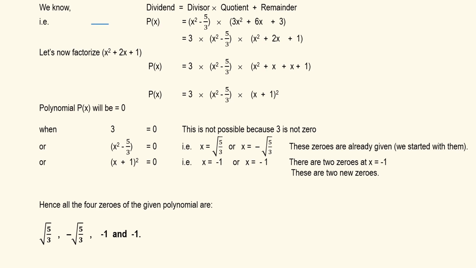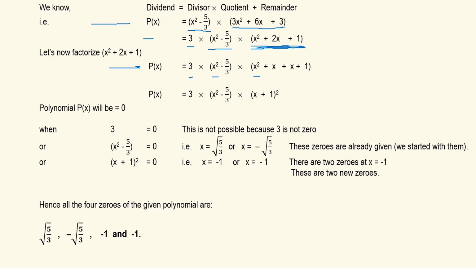So here we have now gotten p(x) is equal to (x² - 5/3)(3x² + 6x + 3). So we can further simplify by taking 3 common from the second factor. We get p(x) is equal to 3 multiplied by (x² - 5/3)(x² + 2x + 1). Now if we start simplifying the last factor, that is x² + 2x + 1, we can further write